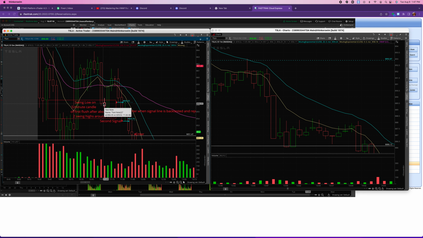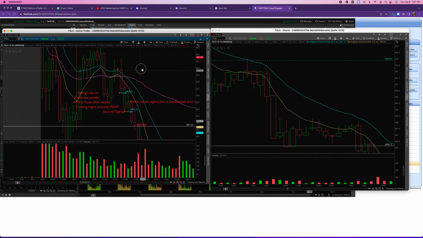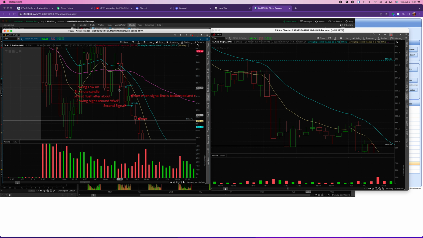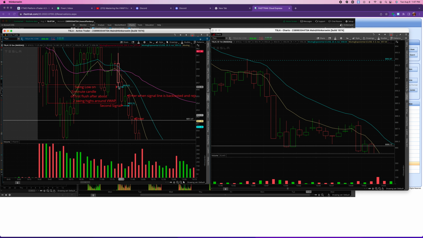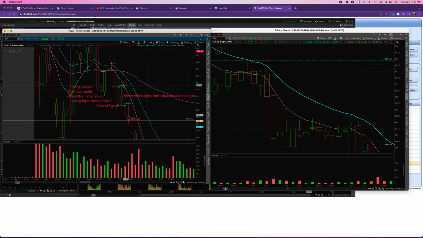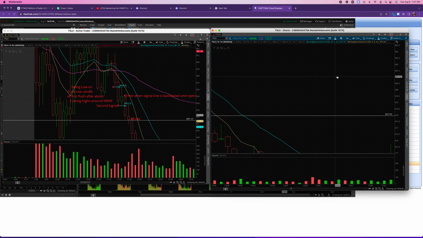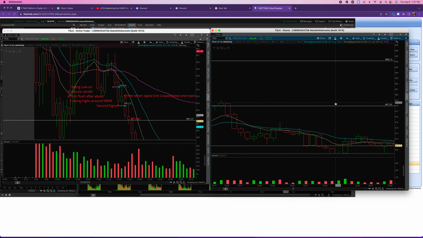Okay, this had a flush down too, but I didn't like all these buyer wicks sitting way up above it. These candle bodies are on VWAP. At least these 2 are, not this one. That's more in my speed of what I like to see. Okay, so you get a flush down and point of control line here at 856.36, and then you get one more flush down here and a point of control here at 853.65. If we're going to look at those on the 1 minute on this chart,